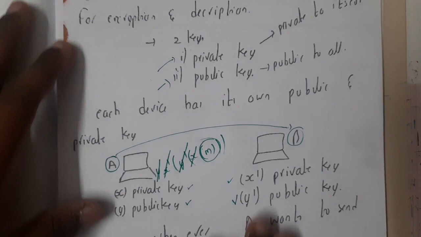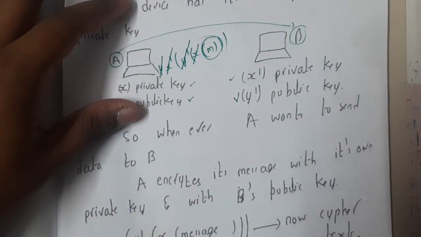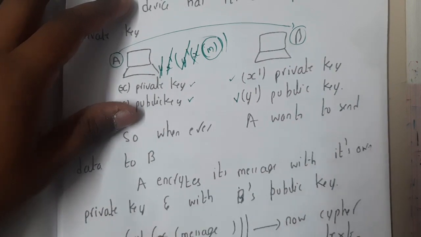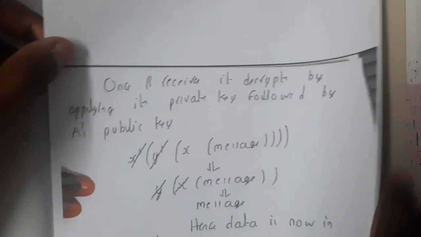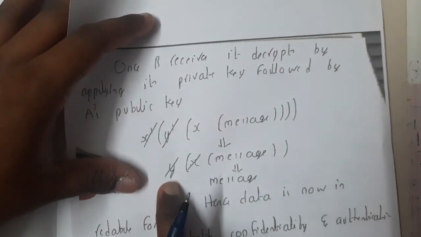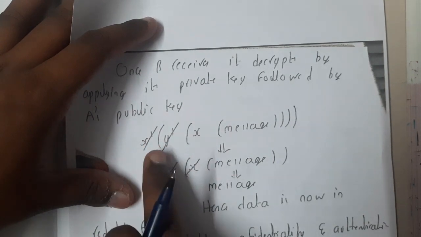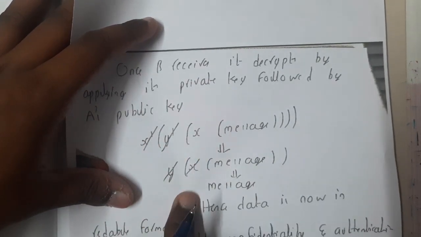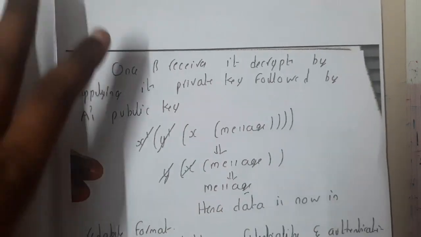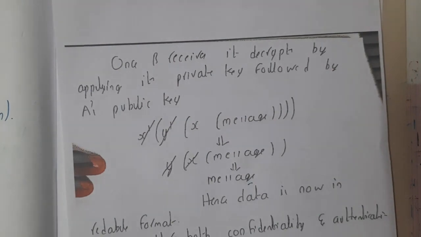In this way, I'll explain it again, don't worry. Initially the message is encrypted with the sender's private key and the receiver's public key. The receiver then uses his private key to cancel his public key, and then he uses the sender's public key and cancels it, ending up at the message. That's the exact thing which is written here, guys. I hope everyone can go through it once, so it will be clear for you.